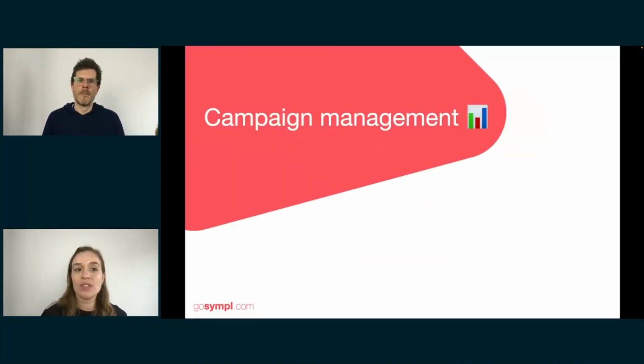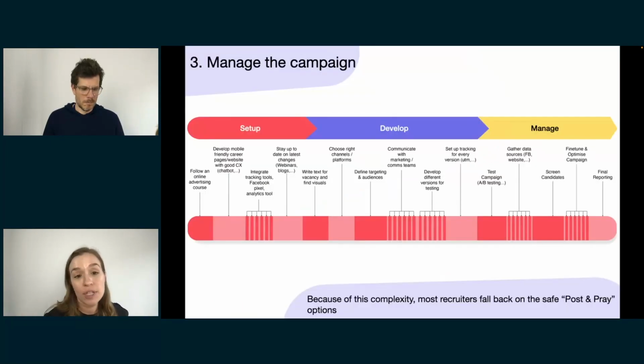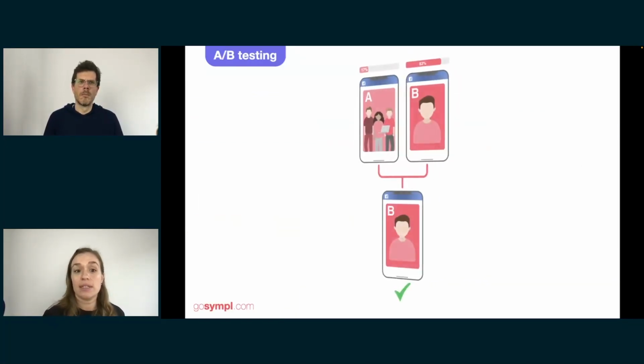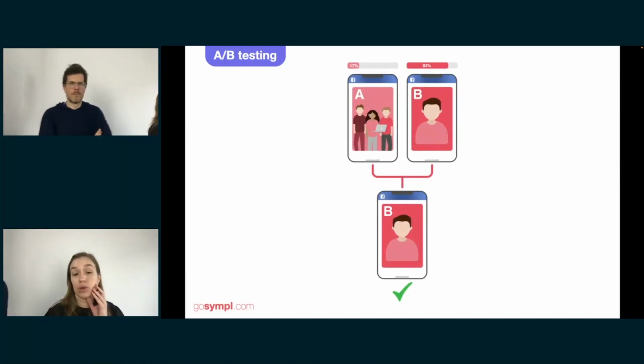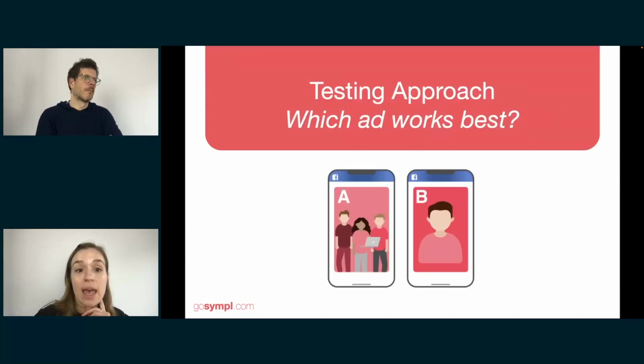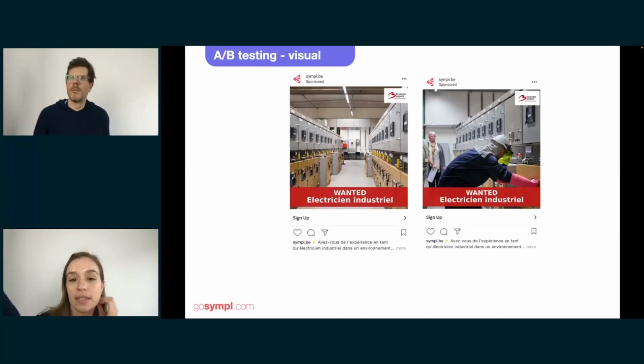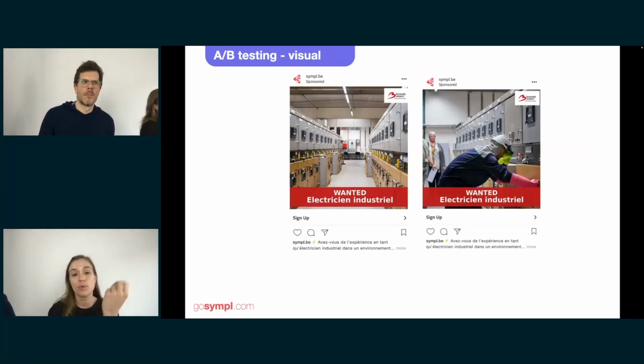All right, now once you have developed your campaign, of course, you need to manage it because you're putting media budget in it and you want to have the best results and the most qualified applications that you can get. Now, I want to share with you some A/B tests. Like I already said, you need to track them correctly because, of course, you want to know which one is working best. And let's see, we're going to share an A/B test that we've run for Brussels Airport, who was